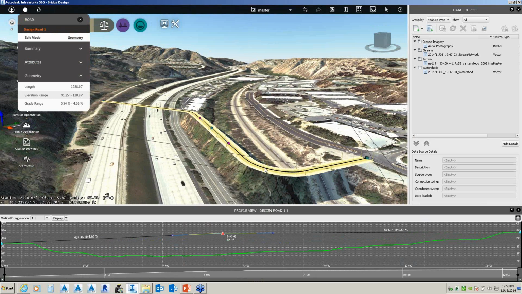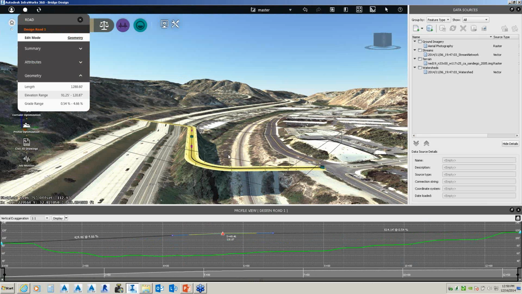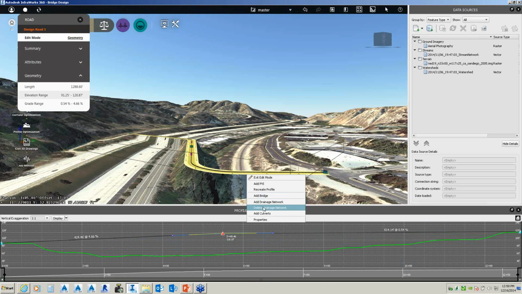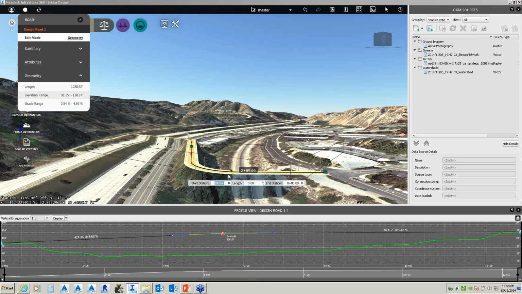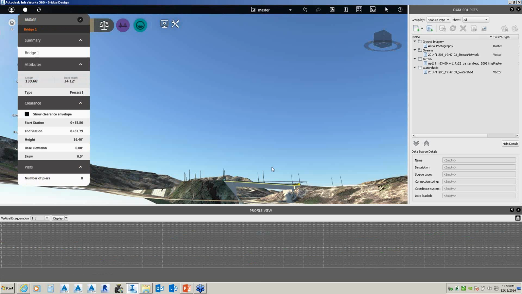We talked about roadway, and I can change the style and grades if I wanted to. One of the things I want to be able to do is right click and select add a bridge. I'm going to pick 2 points because that train needs to get through that point. So something as simple as that, for you bridge engineers that may be on the webcast: how long does it take to do a bridge concept?